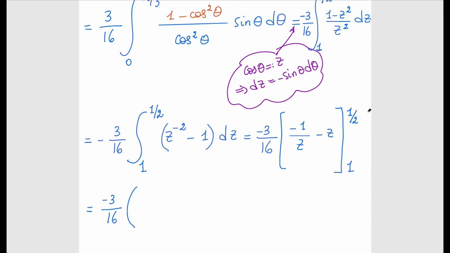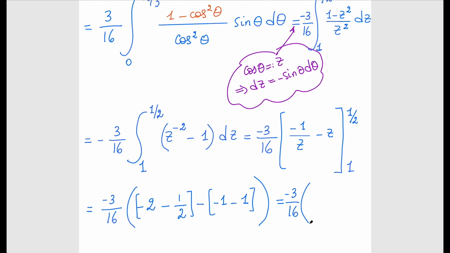At the upper bound, we're going to get minus 1 divided by half. What's minus 1 divided by half? That's minus 2. Minus 2 minus the z, which is half. That's the upper bound, and minus the evaluation of this at the lower bound. So it's going to be minus 1 over 1, so minus 1 minus that one, right? Okay. All right, and then minus 3 over 16 times